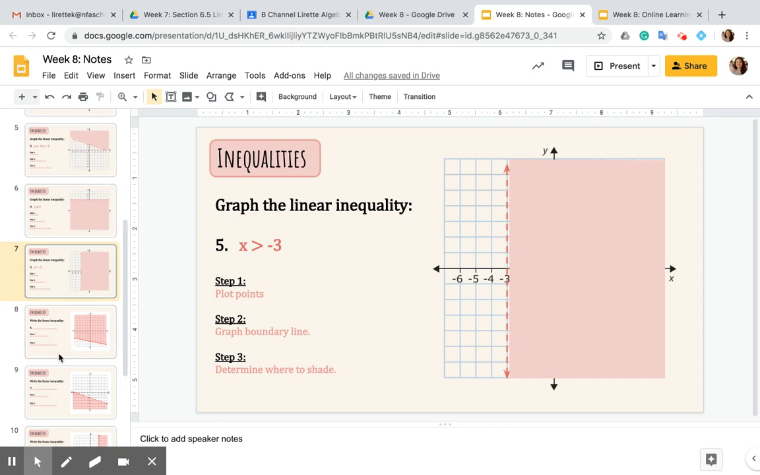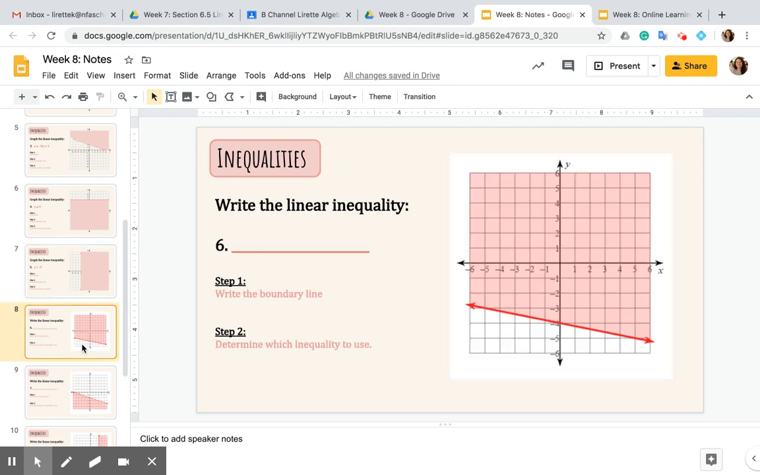So that's graphing linear inequalities. And again, yours will be multiple choice. But again, don't click the Google form unless you're comfortable with this material. Let's go the other way. I've given you a graph. You're going to have to write the boundary line. So again, this will all be multiple choice, but you need to know how to do it in order to